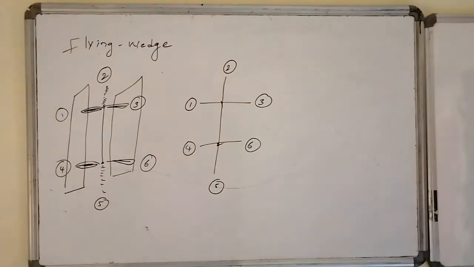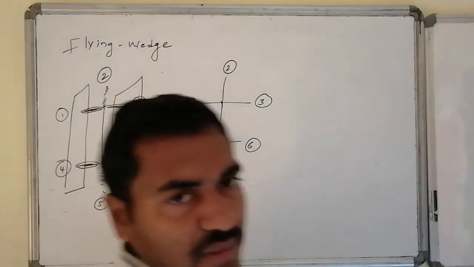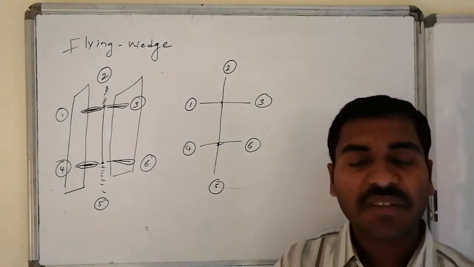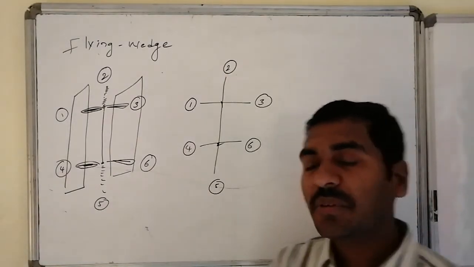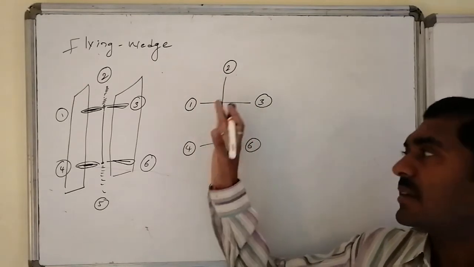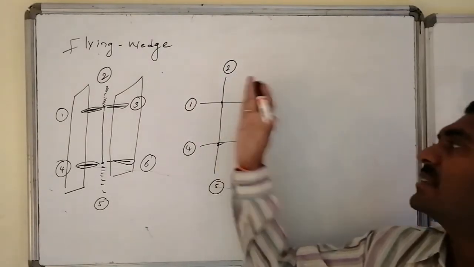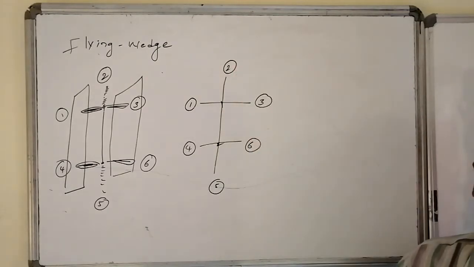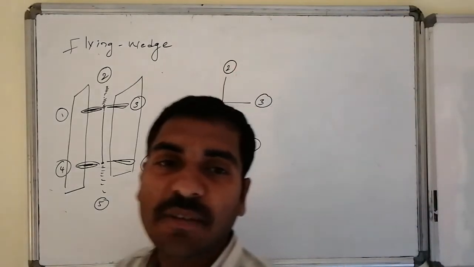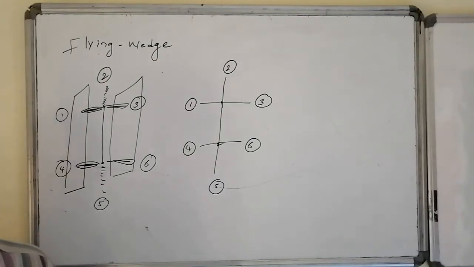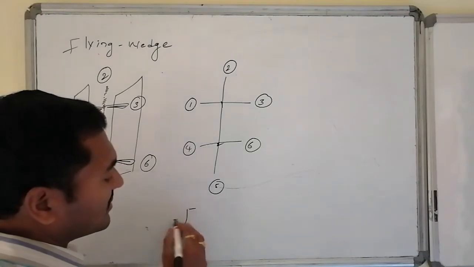Like this, planarity is once again maintained. Though everything on the straight lines appears to be present on the board, that is not so. These two are in one plane facing towards us. The plane is present like this. These two are in the same way, and 2 and 5 are in a plane which is present at the back side of the board. Like this, these molecules and valencies are present, and this presentation is known as the Fischer presentation.